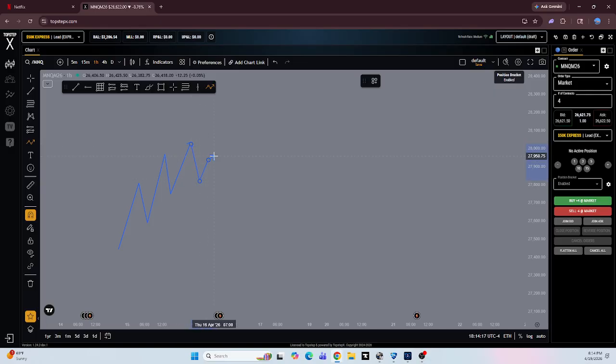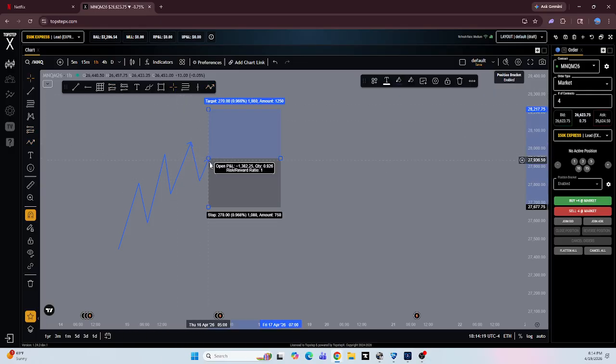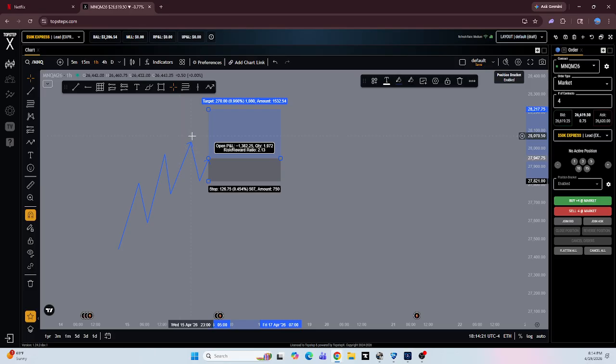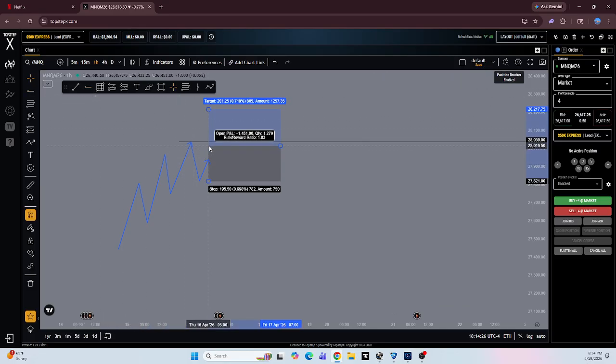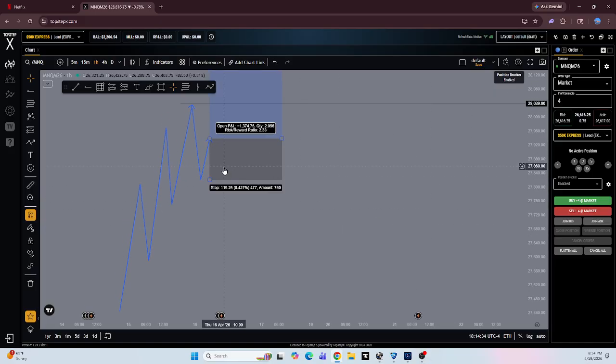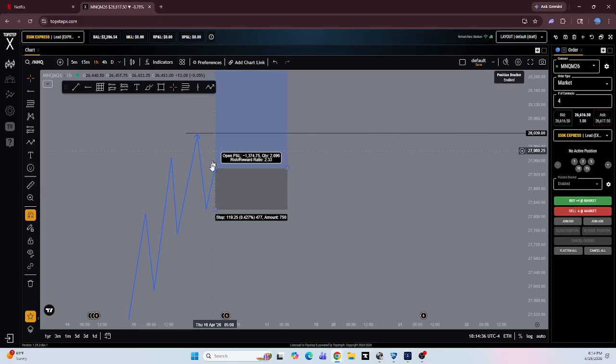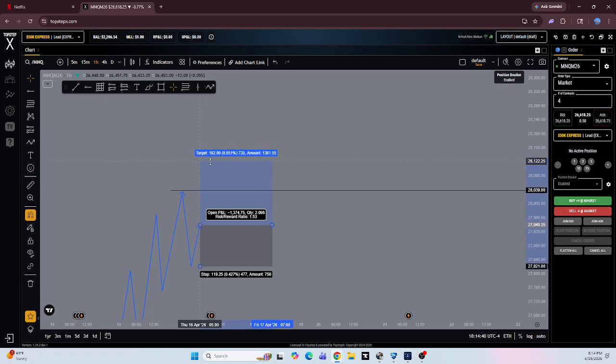Pullback, displacement, automatic break even at all-time highs, no matter where I enter. I could be this close and I'm going break even. Could be this far, I'm going break even. But ultimately, normal setup, moving in the direction of the upside, pullback, displacement. I'd probably take like a 1 to 1.5 or a 1 to 1, depending on where my entry is.